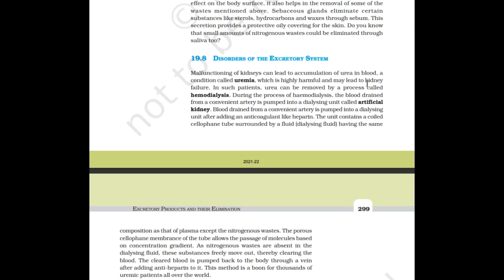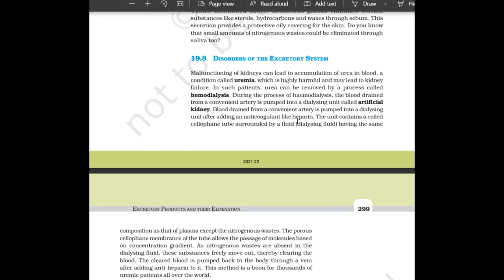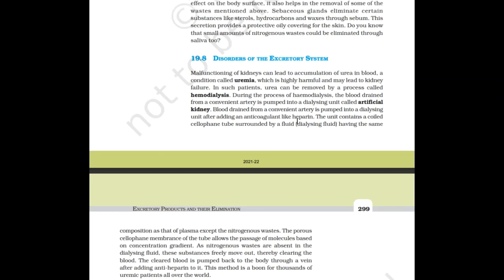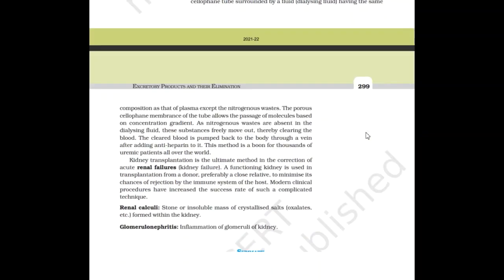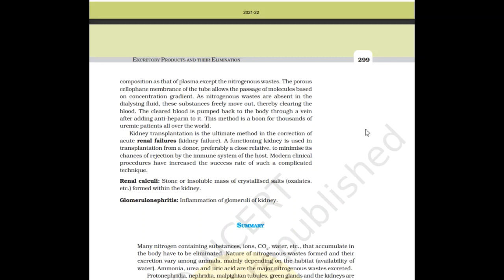In such patients, urea can be removed by a process called hemodialysis. During hemodialysis, blood drained from a convenient artery is pumped into a dialyzing unit called an artificial kidney, after adding an anticoagulant like heparin. The unit contains a coiled cellophane tube surrounded by a dialysing fluid having the same composition as that of plasma,